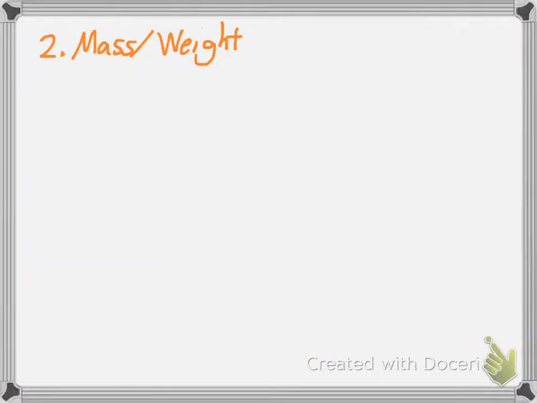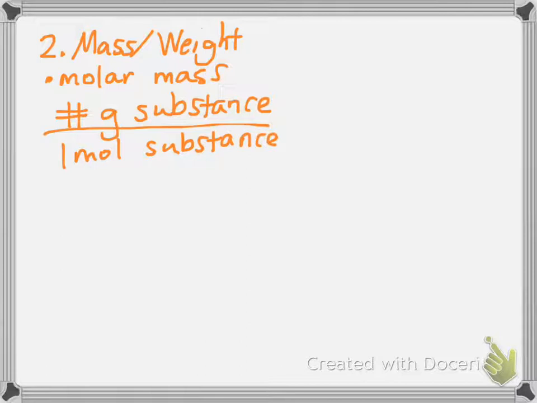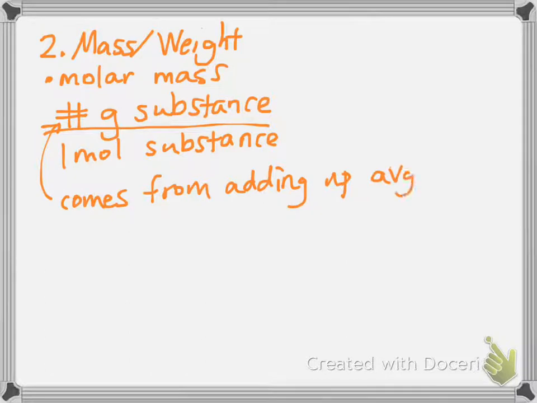The second way that we measure matter is by mass or weight. Again, this is the conversion factor that has a name: the molar mass conversion factor. In our molar mass conversion factor, we have some number of grams of substance over 1 mole of the same substance. And remember, this number comes from adding up the average atomic masses